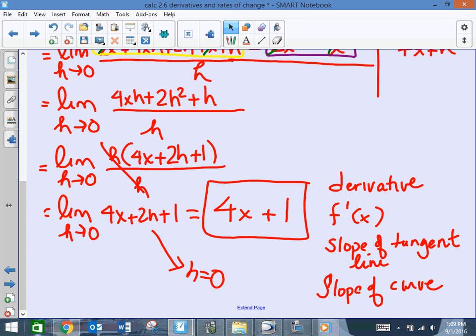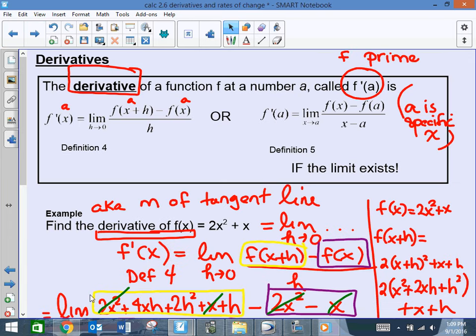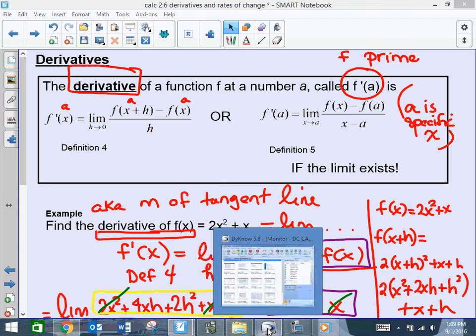Okay, I think I am finished. We've already done one like that. Let's, I sent a handout